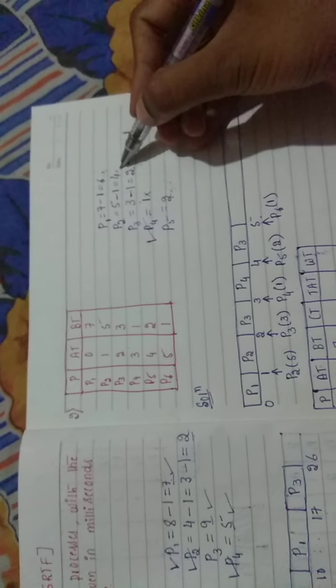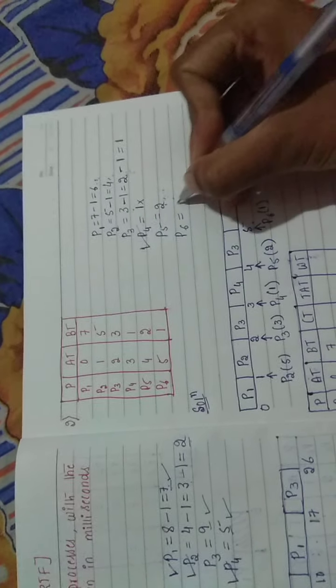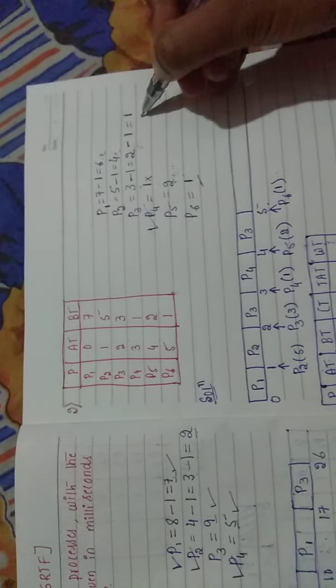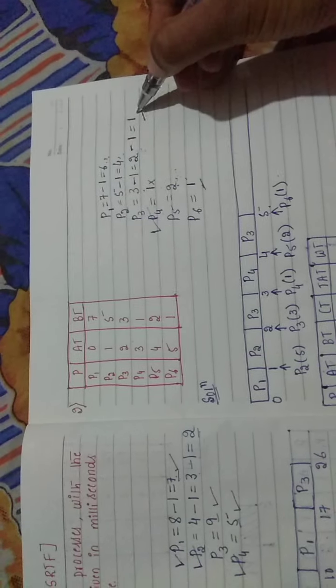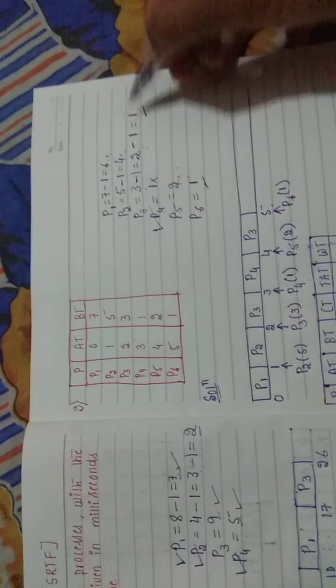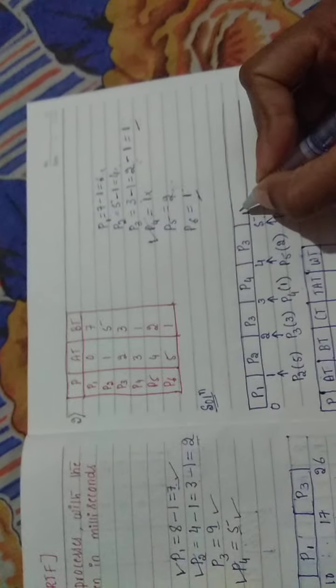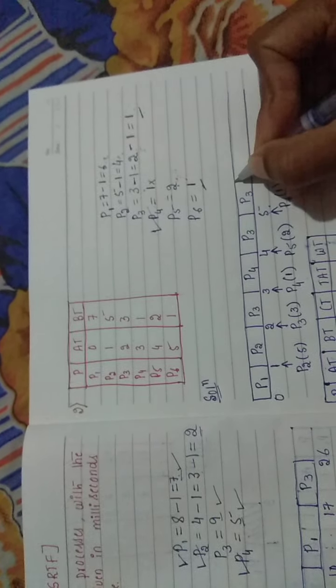So at this point of time, 5 milliseconds, you have processes P1, P2, P3, P5. Now P6 also arrives with a burst time of 1 millisecond. So now again you have got a tie between P6 and P3, having 1 millisecond only. Whom to choose now? P3 only. Why? Because he arrived at the earliest, that is at 2 milliseconds. So that is why I will continue P3 only.